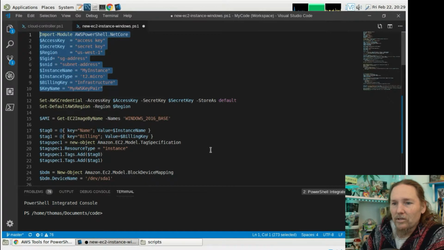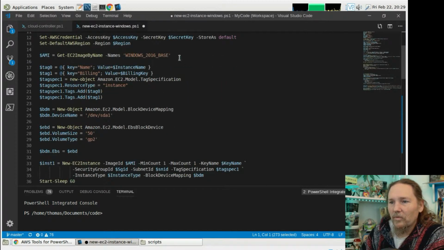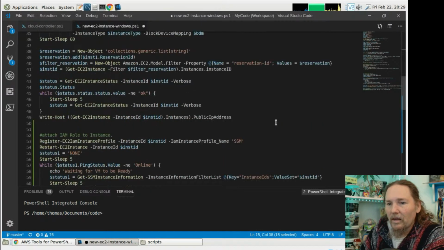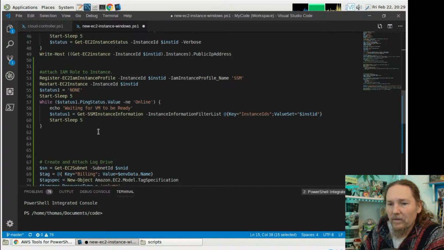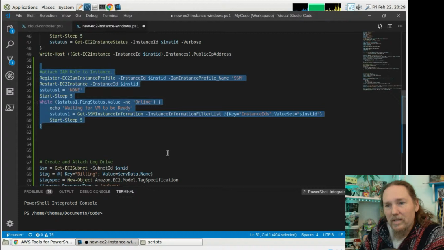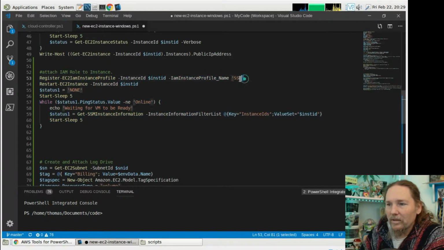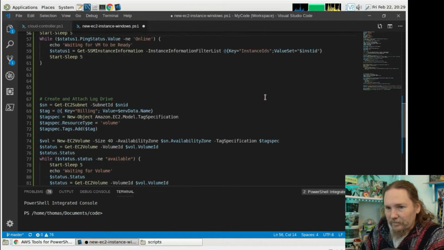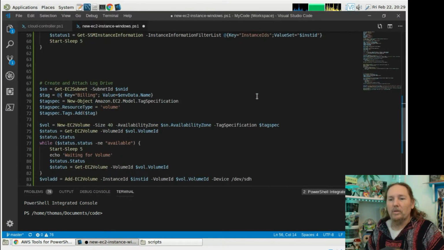Okay, so we've connected. We've created a Windows 2016 server, and in another video, I showed how to create and attach our IAM instance profile with the system management. Now we need that system management in order to run commands against our instance. So first thing we're going to do is we need the